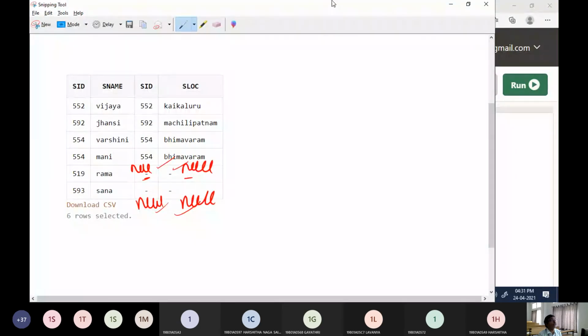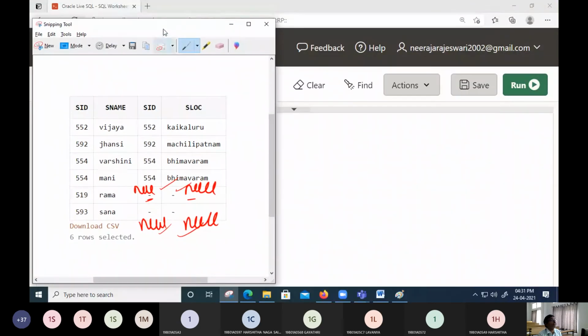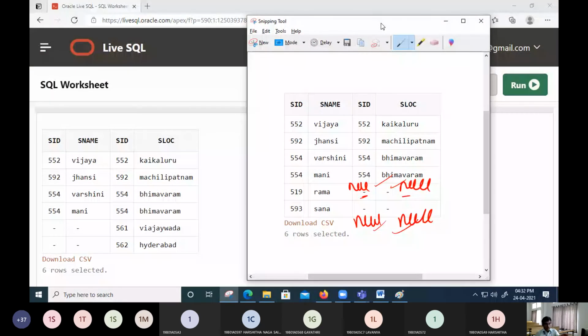Now have you observed the change? Earlier, the things which are in the first table were null for the second table, but now the things which are towards the first table are going to be pointed as null. You can see here, right?